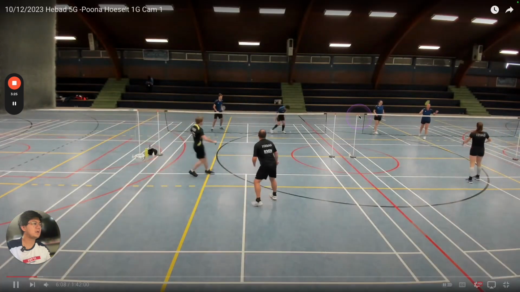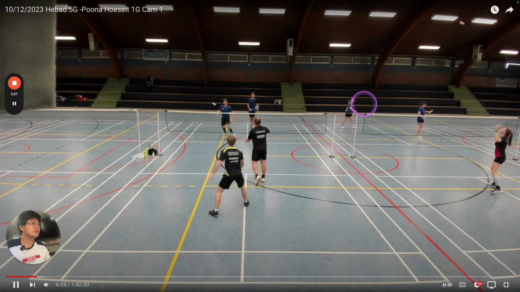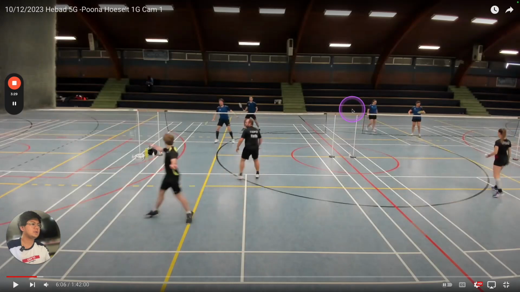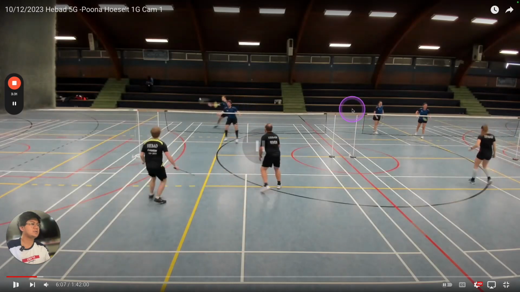Good. Alright, so let's talk about this. So this drive is good. It's okay. So you're coming up. You need to come up with your racket up, right? You drive, and you understand that the next shot's most likely going to come towards you. It's most likely going to come fast, considering that the drive was quite flat into the court. It's not falling. He's taking it around shoulder height. So you need to come up backhand and then come up like this. Literally walk up like this and then boom, right?